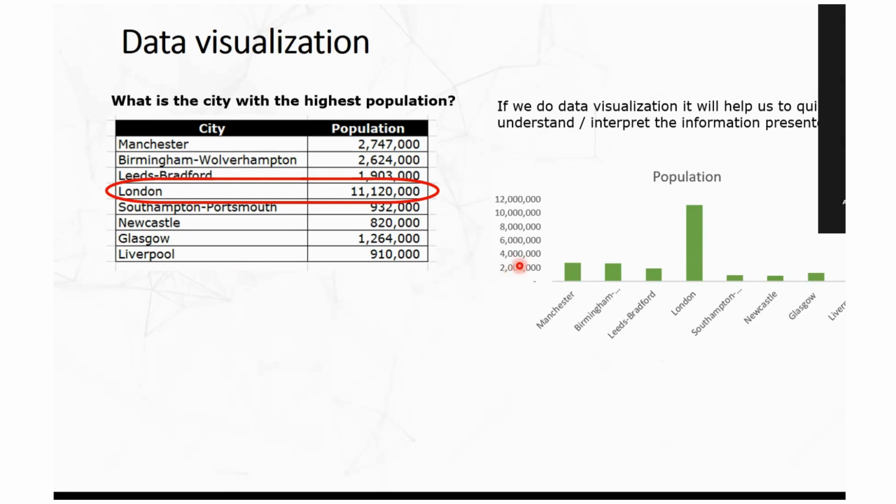So between this visual and this data, you can see it's quite easy to know London has the highest population here, and you can see Southampton or Newcastle, either of those, has the lowest. So when you present data in a visual, it actually helps you to make quicker and more accurate decisions. And that is why people need data analysts and data scientists to be able to translate this information into